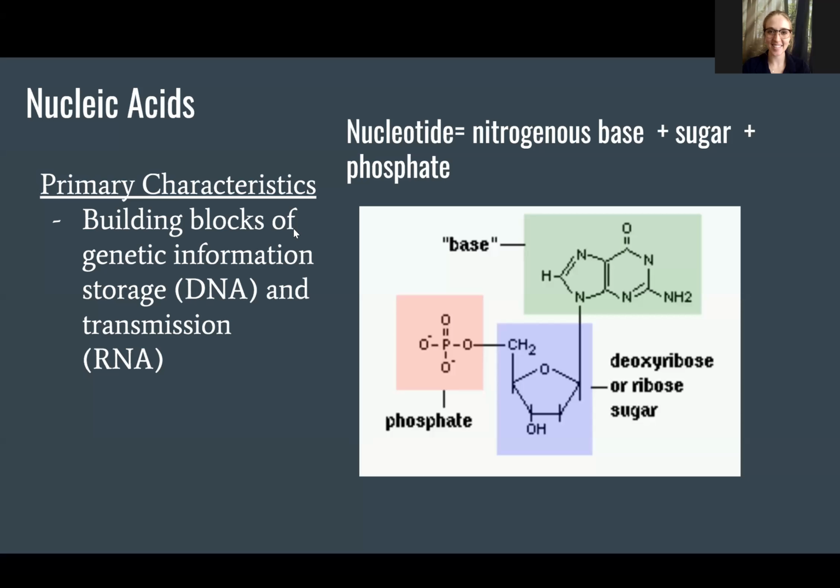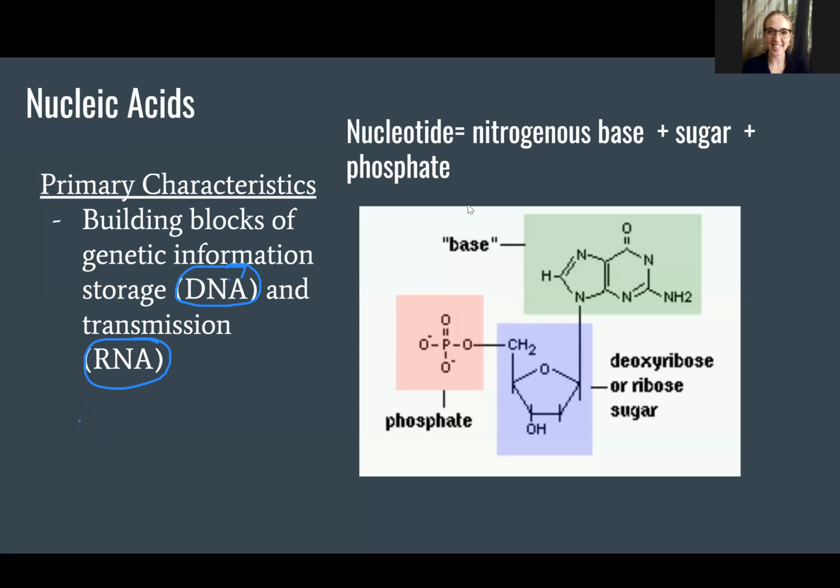All right. Next macromolecule group that we are going to talk about is the nucleic acids. Now, these nucleic acids you have probably heard about before. You've heard their names before. They are the primary building blocks of DNA and RNA. So it's kind of interesting. You're going to have the